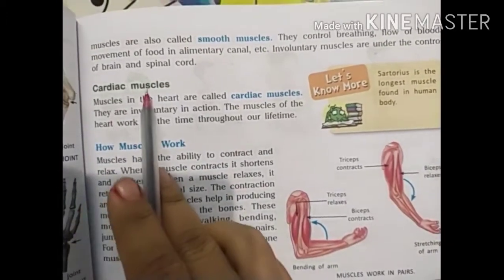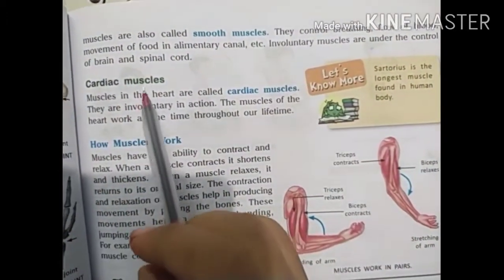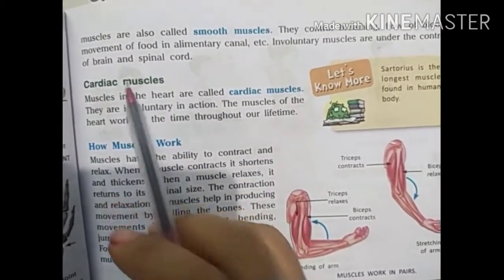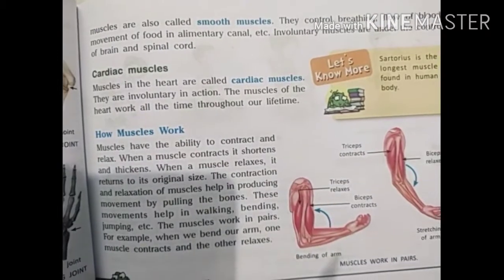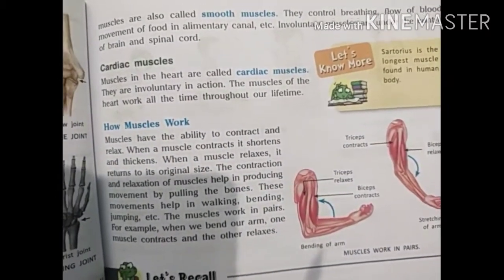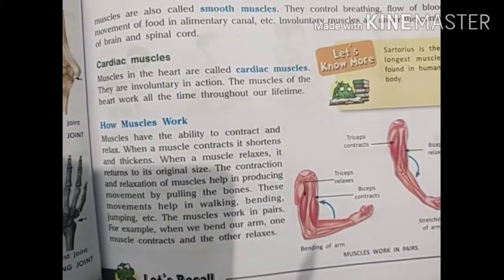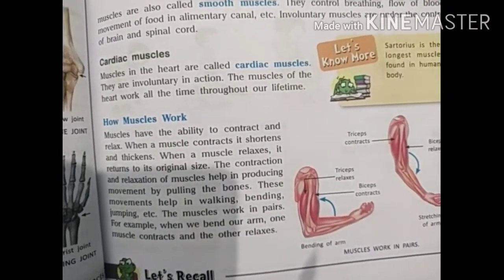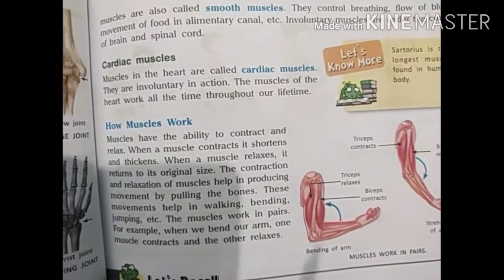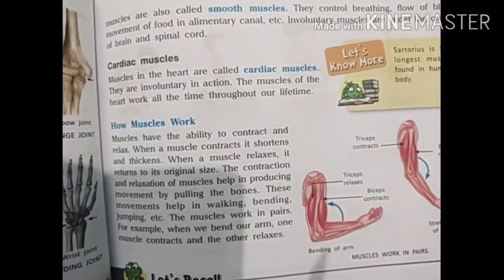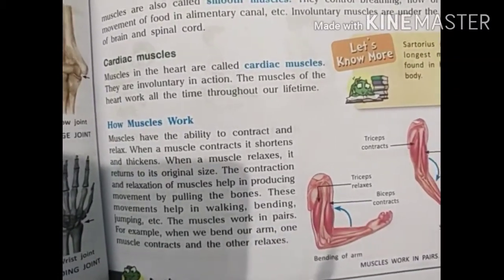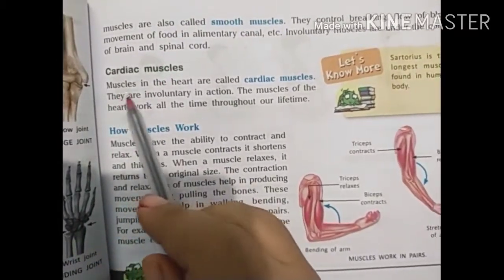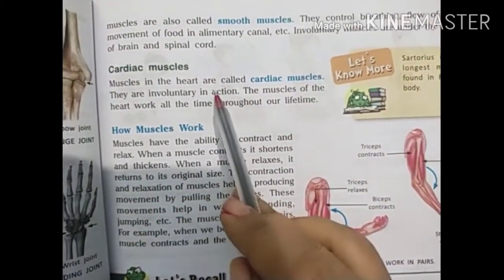Now the next thing is cardiac muscles. The third type of muscles are cardiac muscles. Cardiac means, children, heart. Wherever you see this word cardiac, instantly understand that it is related to the heart. If anybody is talking about the cardiac, it means they are talking about the heart. So cardiac muscles are what? The muscles of the heart are known as